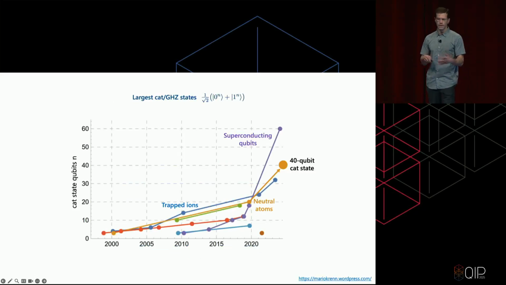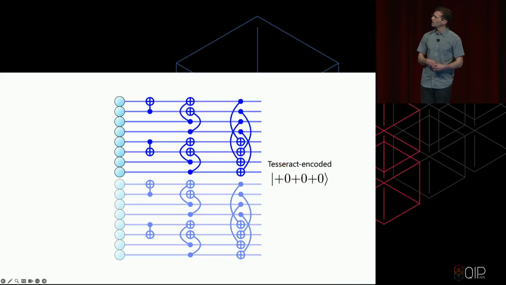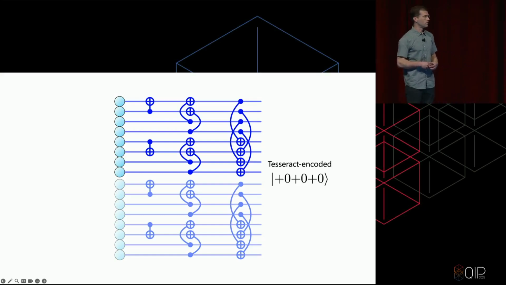Still, we'd like to do more interesting things. We'd like to do encoded computations. That's what I started talking about. So let me shift to that, and let me try to talk about how we do encoded computations using all 256 atoms of the device, not just, say, 40 atoms,